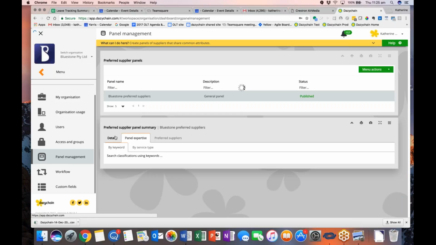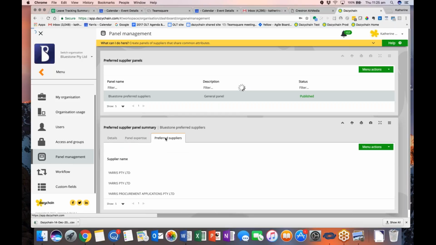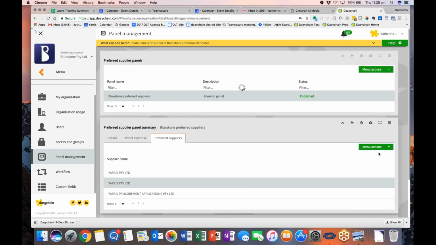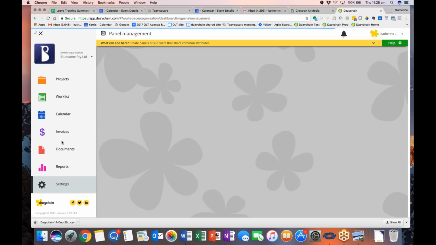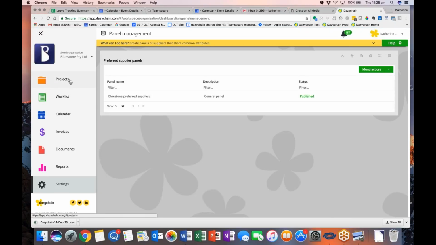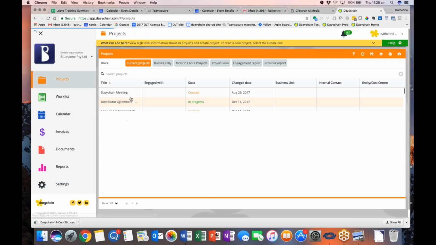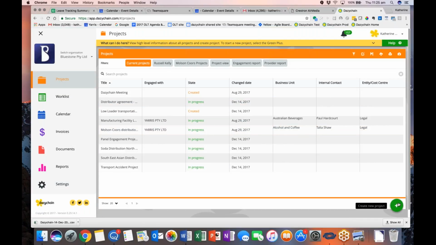And I can type in by service type or details. So you could select how many times to do this. Okay. So I just remove that. So there's my panel. It's pretty straightforward. Then when it comes to me setting up a project, and I start a new project,